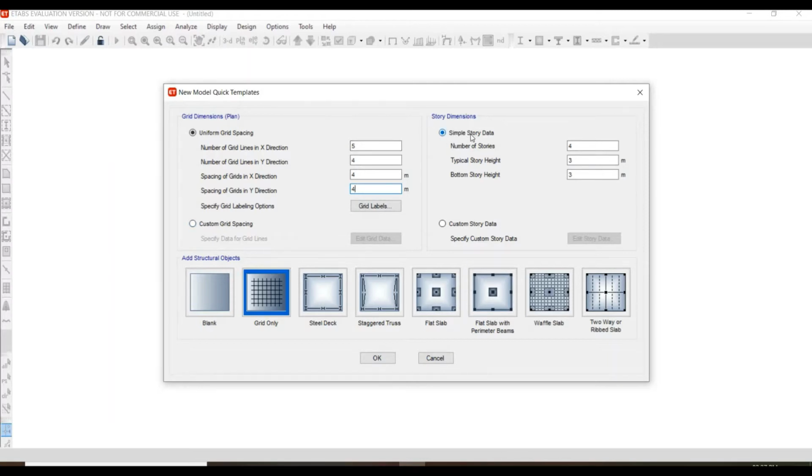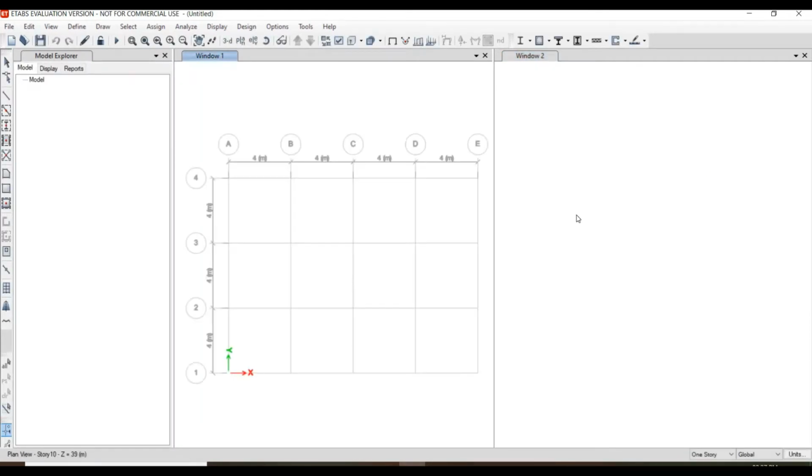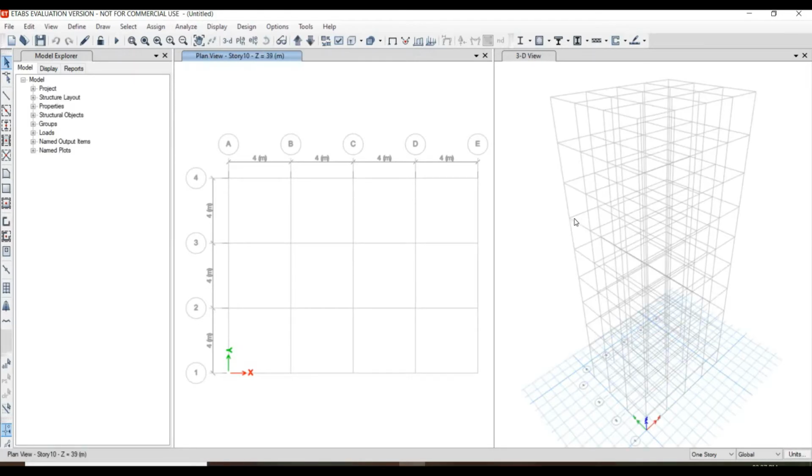And also the story data. We want a high-rise building, so we want at least 10 stories, with each story height of 4 meters and the bottom story height as 3 meters. It's okay. Then select the grid only and click OK. Then you can see the model of our structure as presented here. This is just a line diagram with no materials